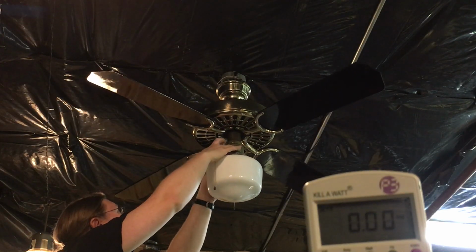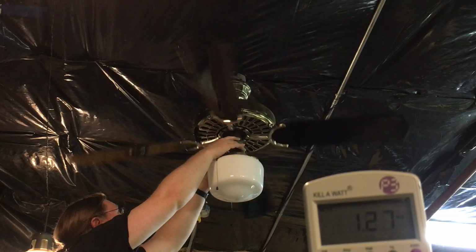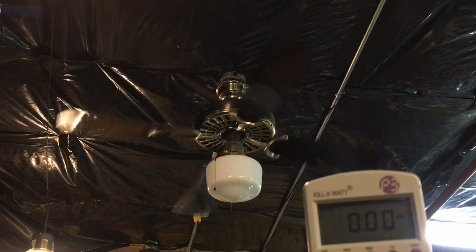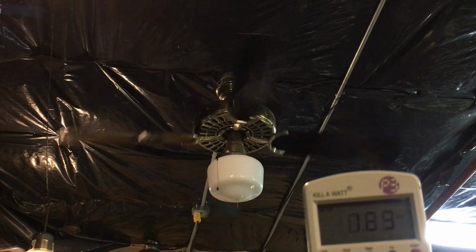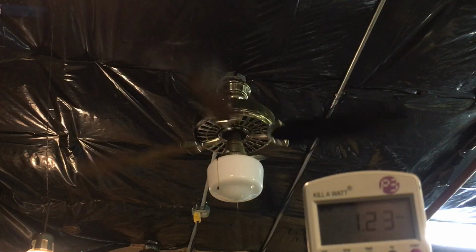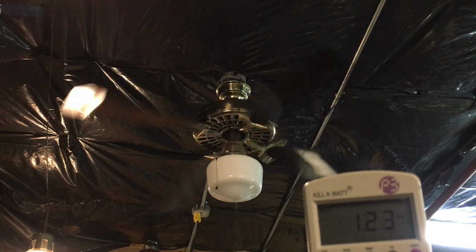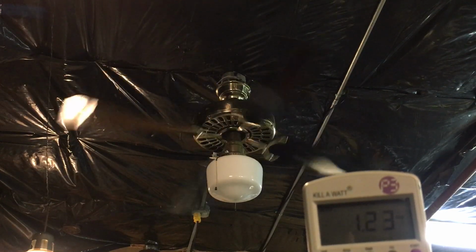All right. High. Okay, so off. Low. I think this is a 2-speed with a 3-speed pull chain in it. So this one is like a high off, low off. Okay, so I think this is a shaded pole motor. If it's only 2-speed, it's a shaded pole, so